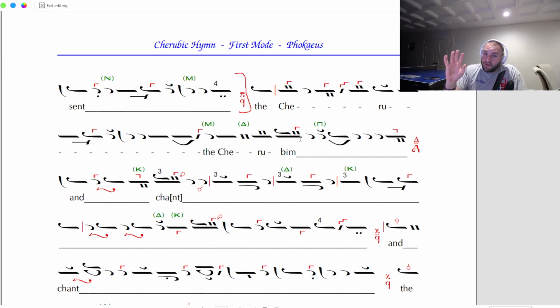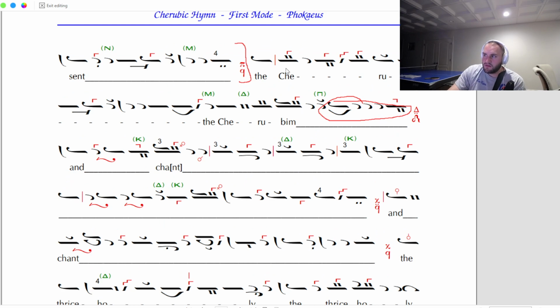So the way the climaxes are usually set up is you have a cadence before it that feels a little bit incomplete, a little bit weak, and then you have the next phrase build off of that cadence to the climax. So let's look at this. This is a very common pre-climactic phrase. This is something that is very common to see before a climax. If you look at the text,